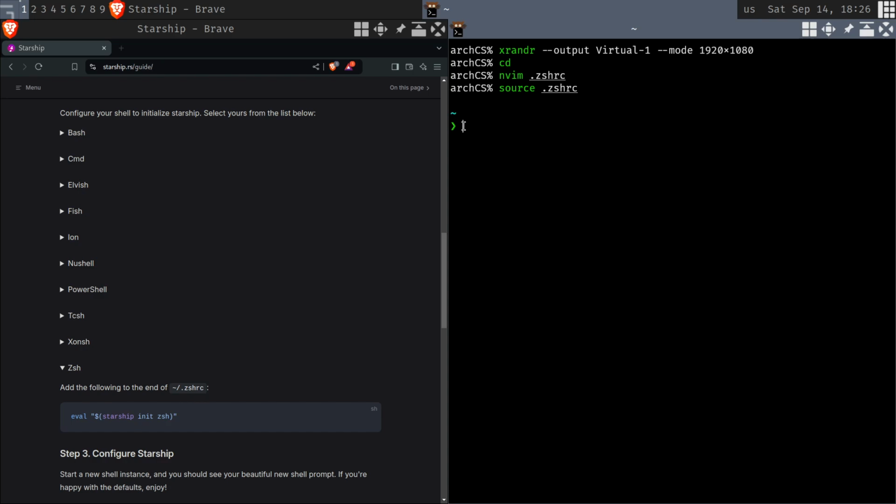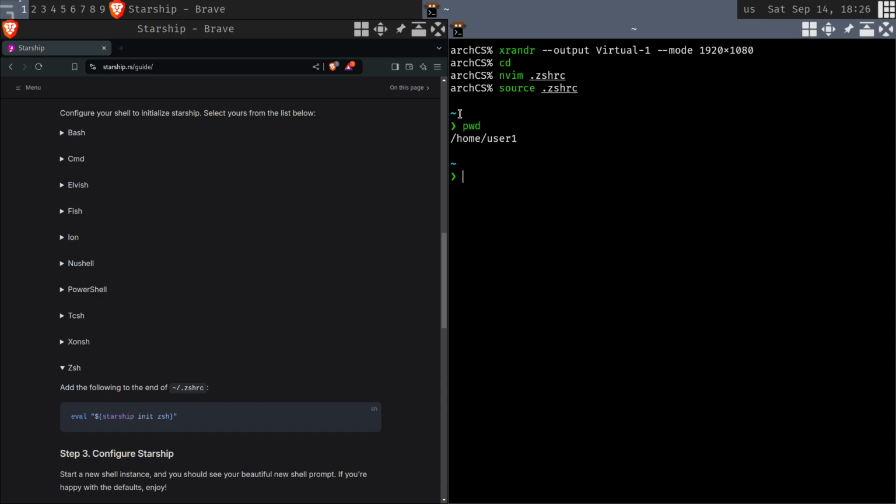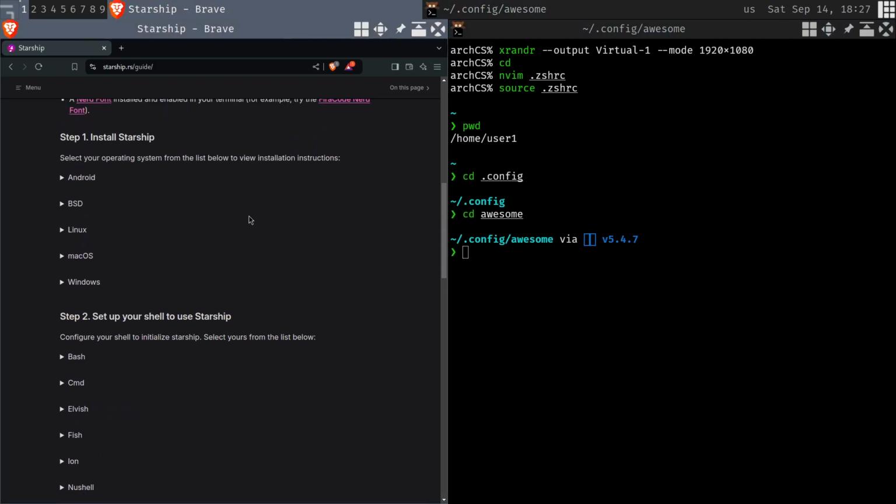Okay, now we have a prompt where we could see where we are. So remember, tilde means the home directory. So if I print working directory, this string right here means the same thing as tilde. If I cd into config, you can see we're in config, switch into awesome, we're in awesome. Notice that this is broken right now. What we need to do is, because this should be showing the Lua file,